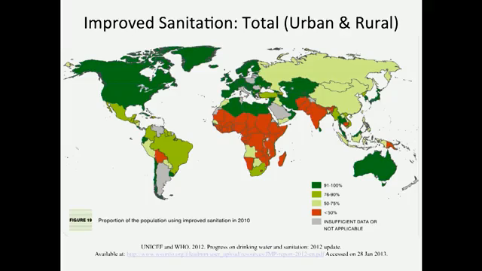Now look again at the global map of sanitation coverage that you've already seen. Comparing these three maps, you can see that innovation is occurring in cities where corruption and water and sanitation are not problems. Conversely, there is a strong overlap between countries with high corruption and low coverage. This means that if you want to work on problems of water and sanitation in developing countries, you're going to be working in places where corruption is a big problem.